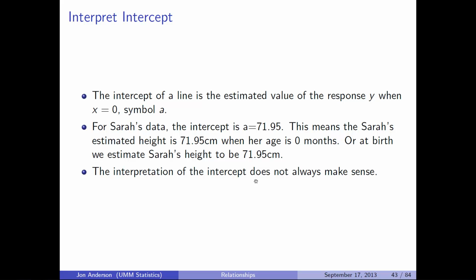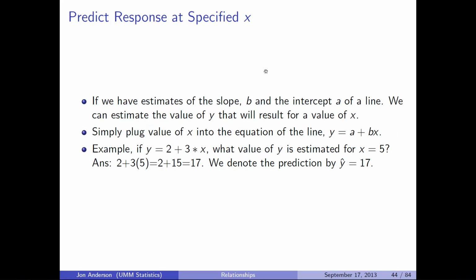That's a really silly interpretation, and it just doesn't make sense. 72 centimeters is an absolutely enormous newborn baby, and that just doesn't fit, and we'll talk about why that is really foolish a little bit later in this presentation. One of the other things that we'll want to do with the line, probably one of the most important things,